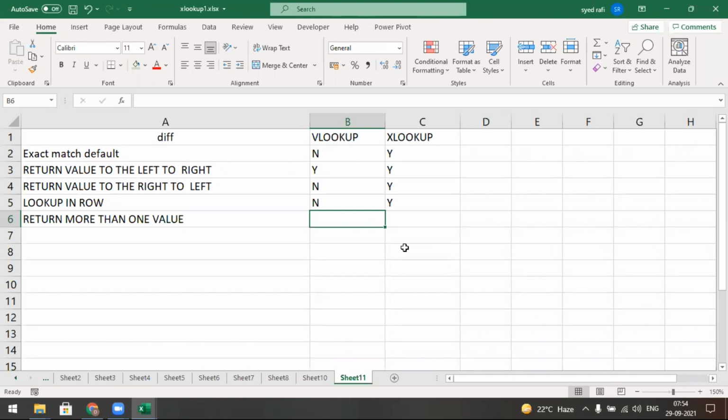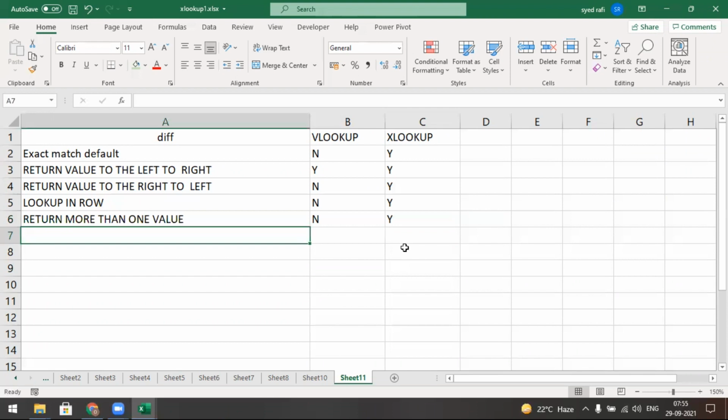In XLOOKUP, it is displayed automatically. And what about this one? Lookup column needs to be sorted.